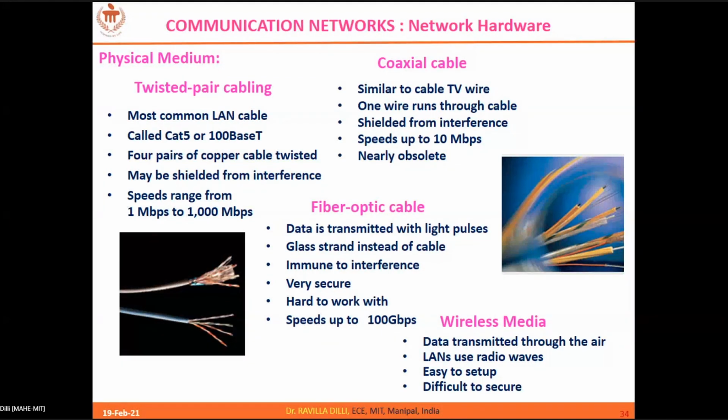So it's like that. And the twisted pair cables, again you have shielded and unshielded twisted pairs. So for example, if you see here, category 5. Category 5 is 100 Base-T. 100 refers to it supports 100 Mbps. Then Base refers to baseband signal, and T refers to twisted pair cable. So that is how we represent the kind of cables.